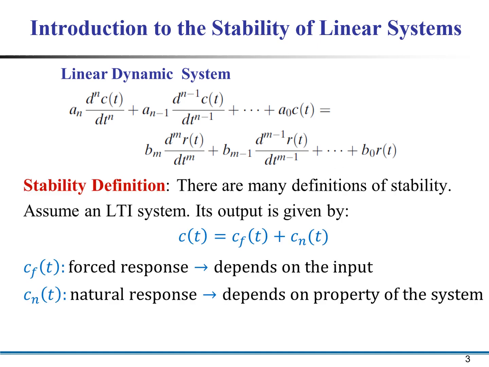So here if we see, we have c_f(t) as the forced response and c_n(t) as the natural response of the system. Both of them together form c(t), the response of the system. The forced response depends upon the input of the signal, and the natural response of the system depends upon the system properties